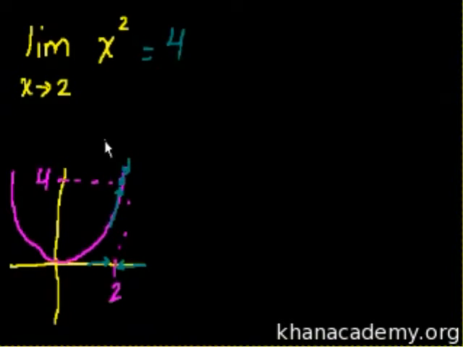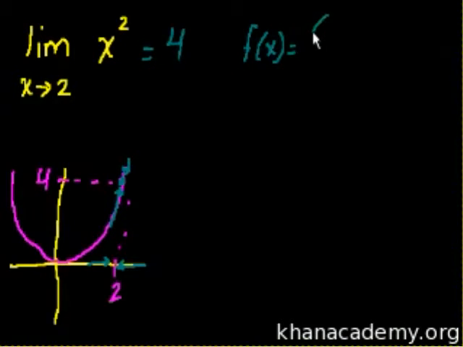So you're probably saying, Sal, this seems like a useless concept because I could have just stuck 2 in there, and I know that, if this is, say, f of x, that if f of x is equal to x squared, then f of 2 is equal to 4, and that would have been a no-brainer. Well, let me give you one wrinkle on that, and hopefully now you'll start to see what the use of a limit is. Let me say f of x